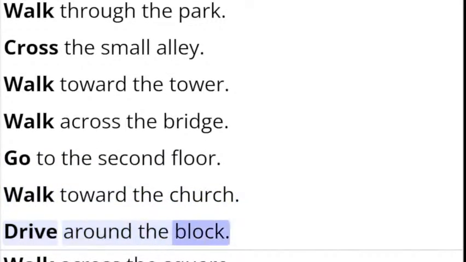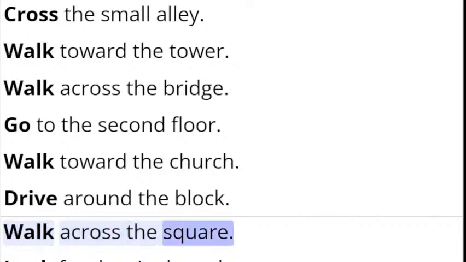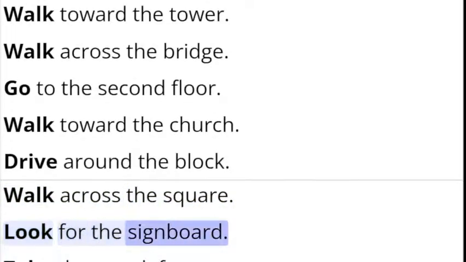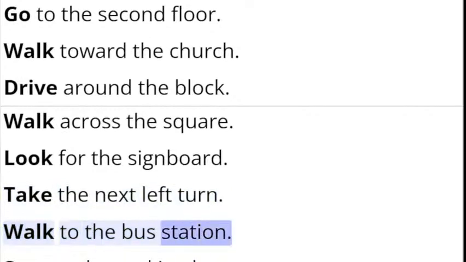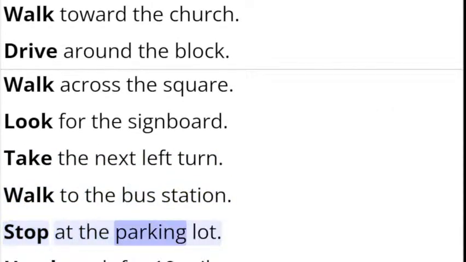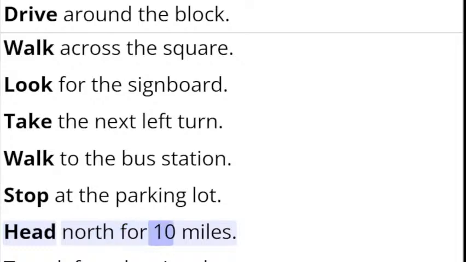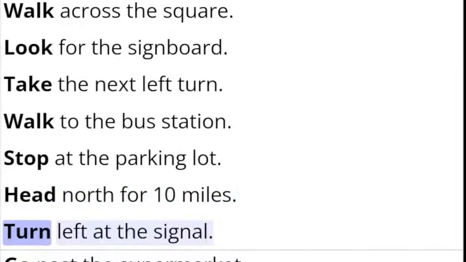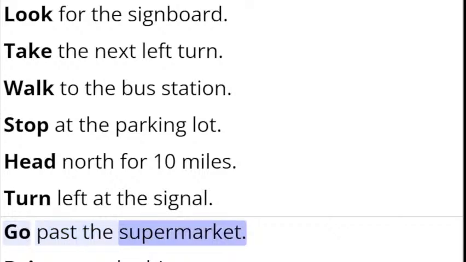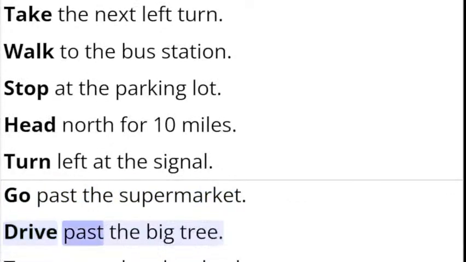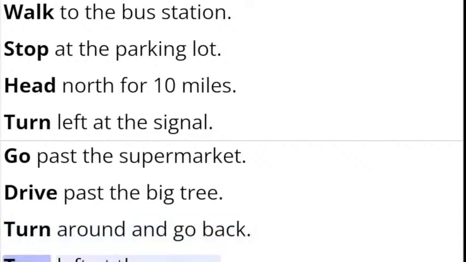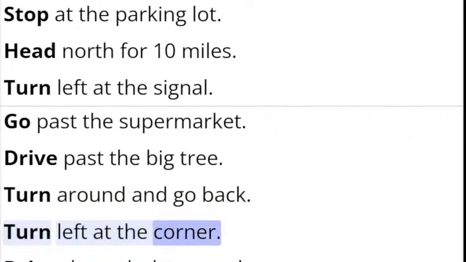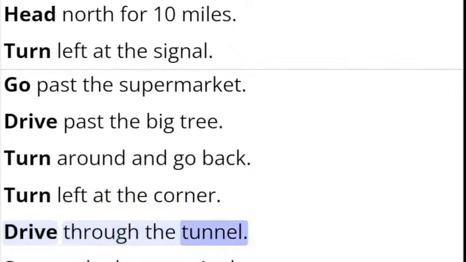the block, walk across the square, look for the signboard, take the next left turn, walk to the bus station, stop at the parking lot, head north for 10 miles, turn left at the signal, go past the supermarket, drive past the big tree, turn around and go back, turn left at the corner, drive through the tunnel, stop at